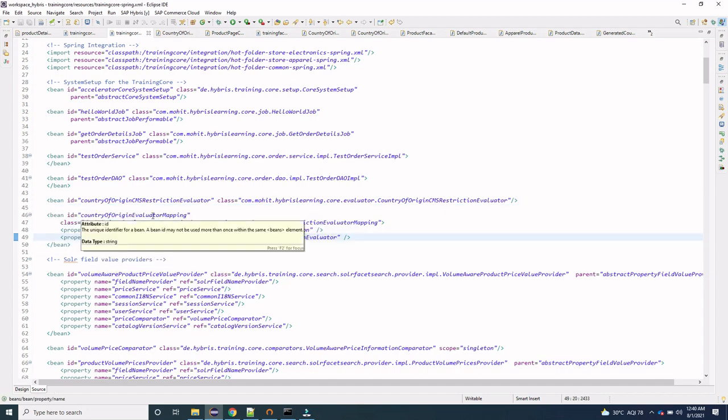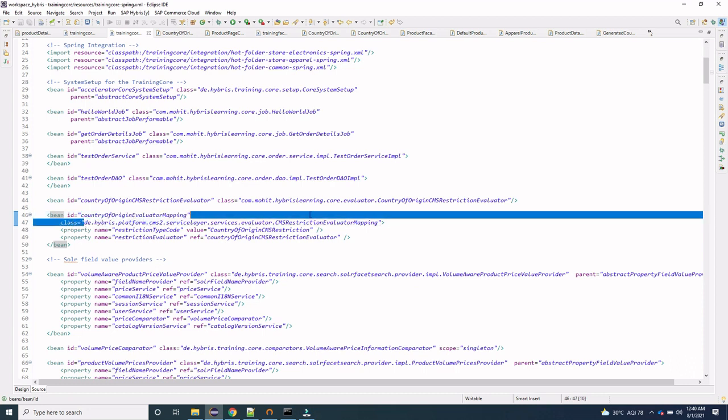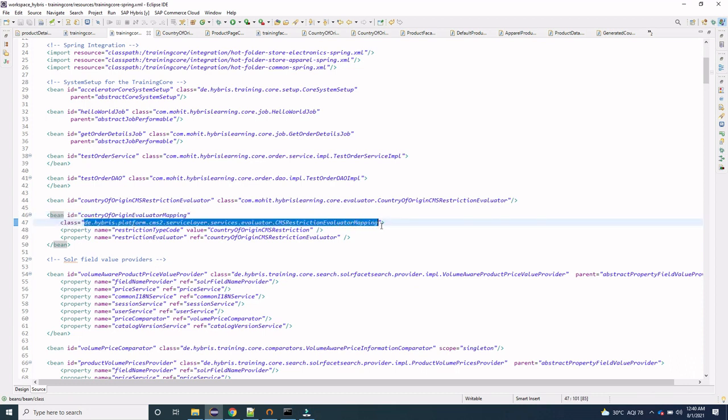Here we are defining the mapping country. So we have created one bean, country of origin evaluator mapping, and the class for this bean will always be this CMS restriction evaluator mapping. Always the class will remain the same.